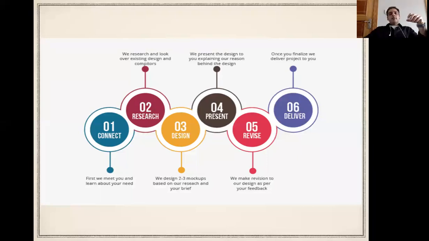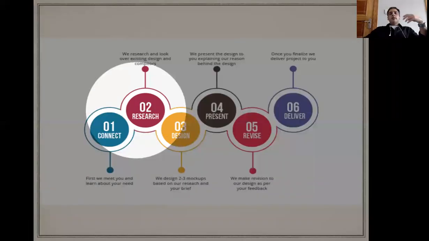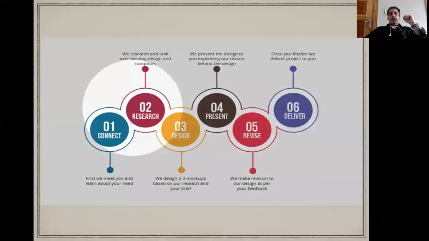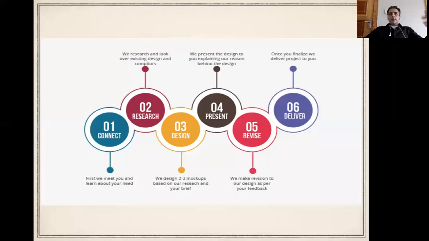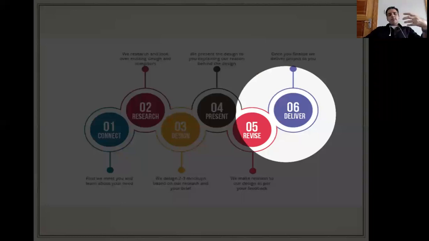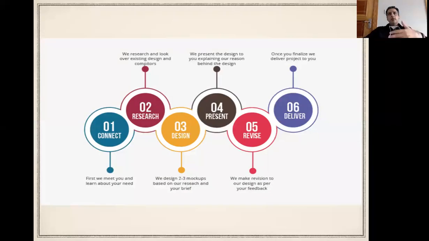Then the second part, we go on to research. We try and find different things in the literature. We try to design our work, which is the third point here. Then we present it to some supervisors or some other colleagues, that this is something which we've come across. Maybe there are some limitations in your work. So what we would be doing next is to revise it. And finally, once the product is ready, we deliver it. So this is just a basic process of how this system works.